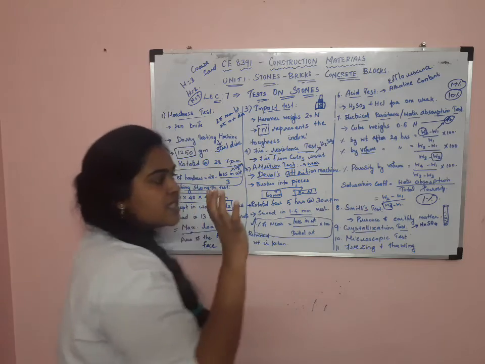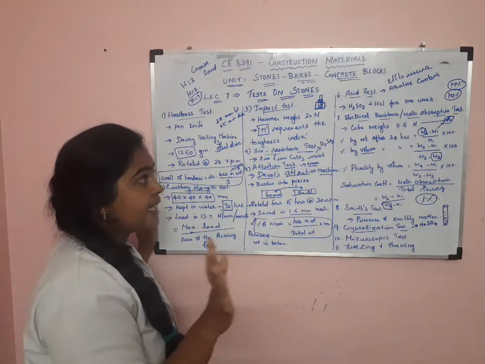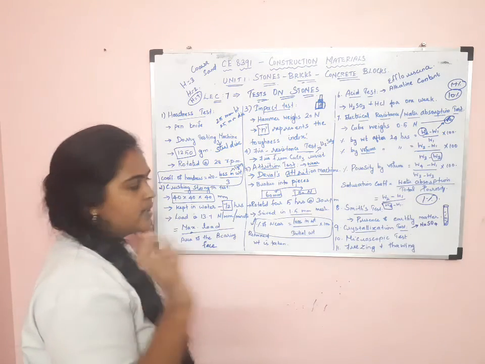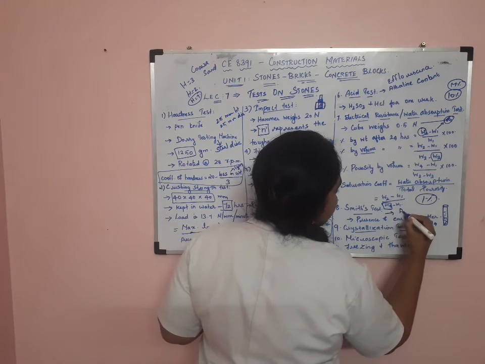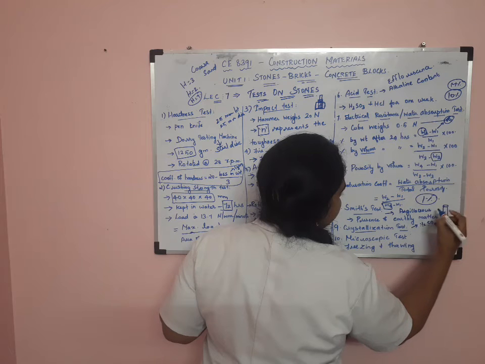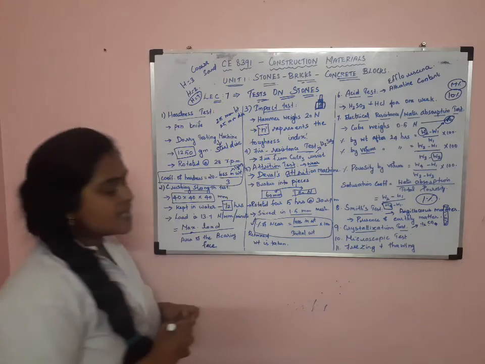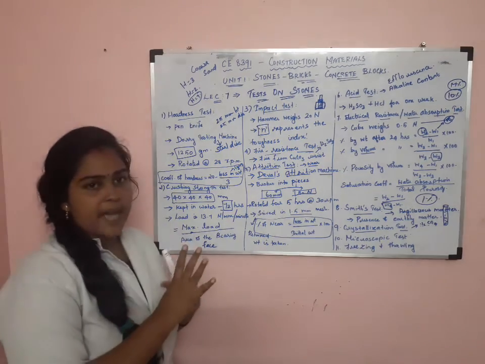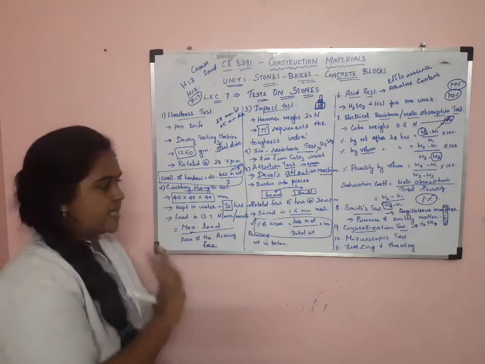If it turns into a dirty color, there is alkaline content or alkali, and organic matter is there. And if it turns into argillaceous matter, that is earthy matter, is there. So this is about the Smith test. The Smith test is mainly to find out the presence of earthy matter. By using the test tube, we can do the Smith test.